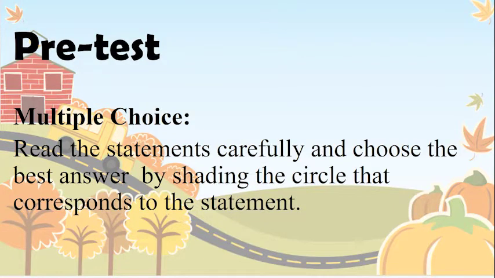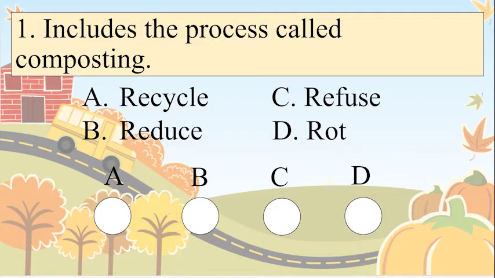But before we start our discussion, let's try to answer this pre-test. Multiple choice. Read the statements carefully and choose the best answer by shading the circle that corresponds to the statement. Number 1. Includes the process called composting. A. Recycle. B. Reduce. C. Refuse. And D. Rot. The correct answer is